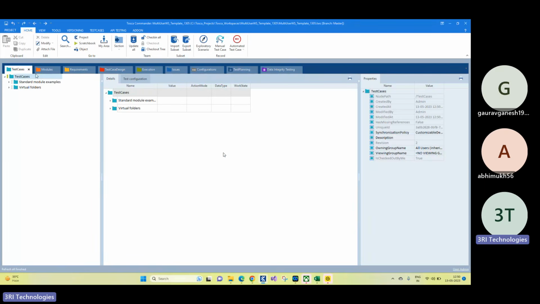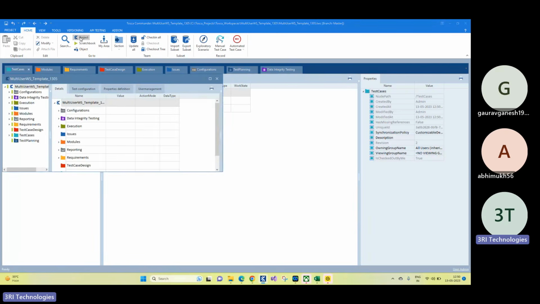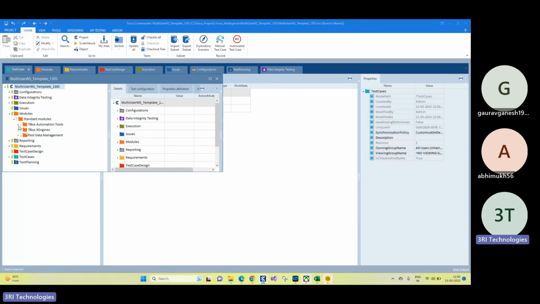Now if you click on project, you will see these folders created here, or maybe it is already imported here for you. Standard model folders are here. If you can see, there are two different candles. One is with green color candle and one is white color candle. Which means at the time of creating the workspace, I do not know whether you guys noticed that or not. See, it is import export only.